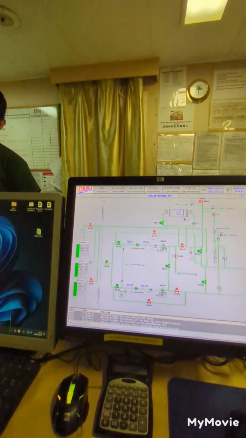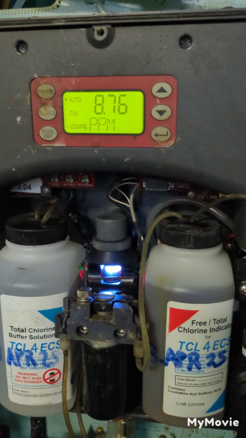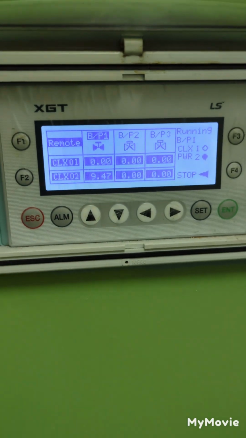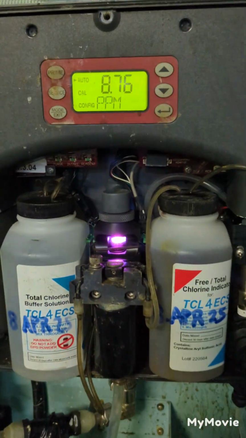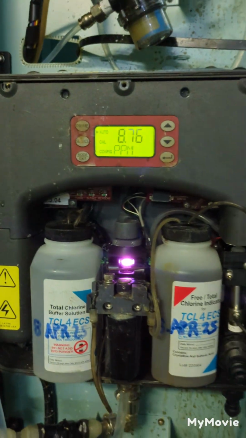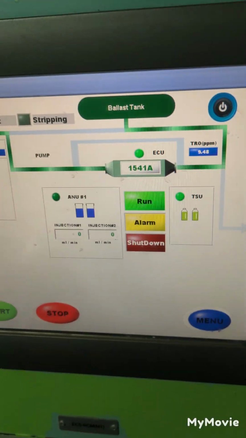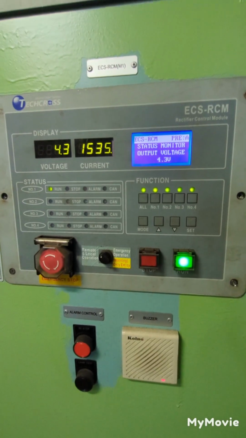So guys, now we have the normal values for our TRO, and our TRO normally ranges from 3.5, 5, 8 up to 10 ppm. And as you can see, there is a violet light color. I have 9.45 TRO ppm. It means our treatment for